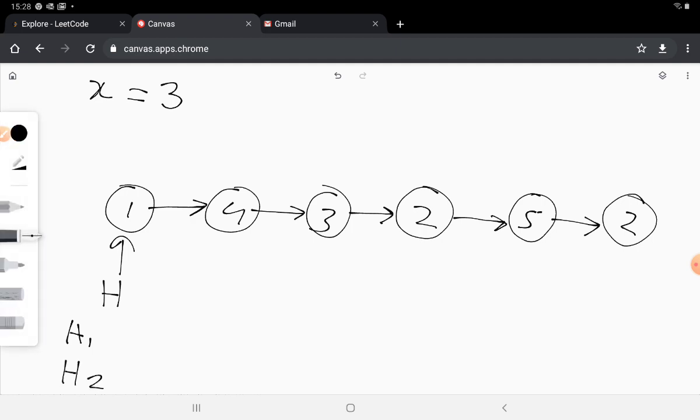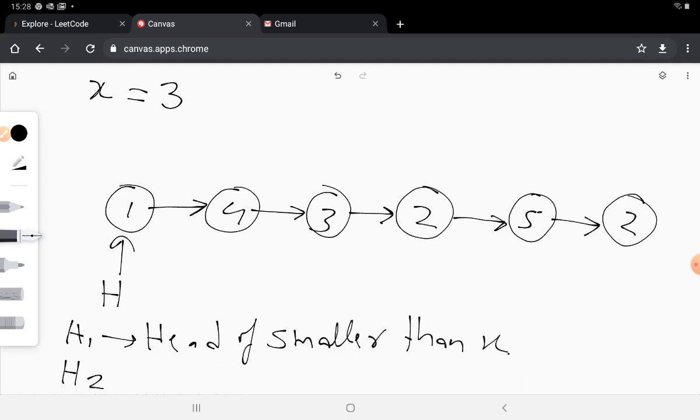So h1 basically means head of the part of the list smaller than x, so it is its head, and h2 is head of the part larger than x.